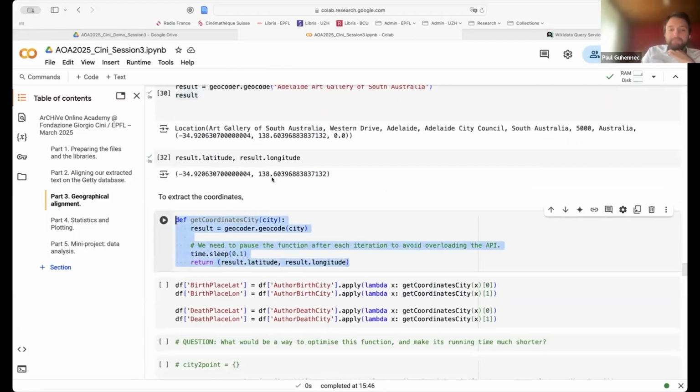Okay, because we're going to be doing this operation of thinking of a city and asking it to give us back the latitude and longitude, we might as well create a function that we're going to be calling many times. This is the standard programming practice. If you do something many times, don't copy and paste it, just create a function and call that function with different arguments. So let's define a function that is going to be called getCoordinateCity,